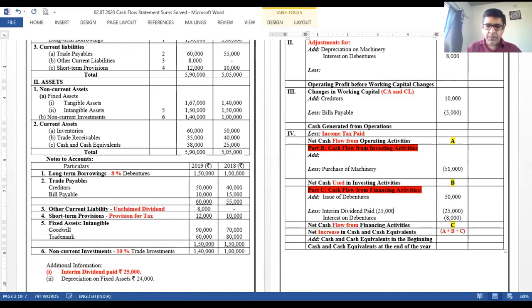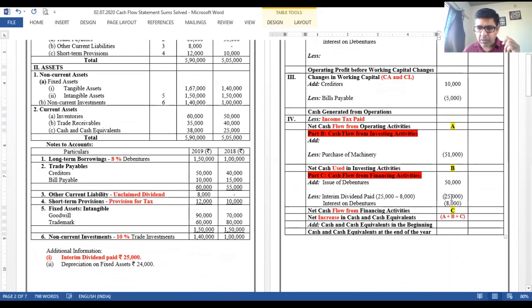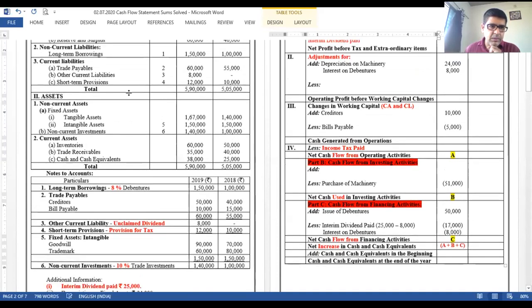25,000 was the amount the company was supposed to pay. But out of that, rupees 8,000 is for unclaimed dividend. Unclaimed dividend means that the company is ready to pay, but from the other side, nobody has claimed. The shareholders have not claimed this amount. So 25,000 when you are proposing, yes, it has to be added back, the full amount of 25,000. But when you talk about the payment of this, I'll have to reduce the amount of the payment. 25 minus 8 will be 17,000. After trade payables and other current liabilities, let us go to short-term provisions.